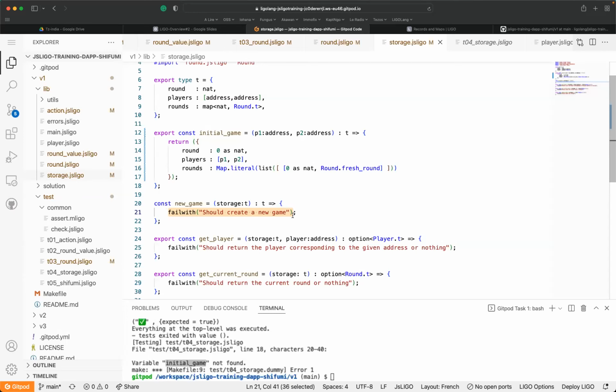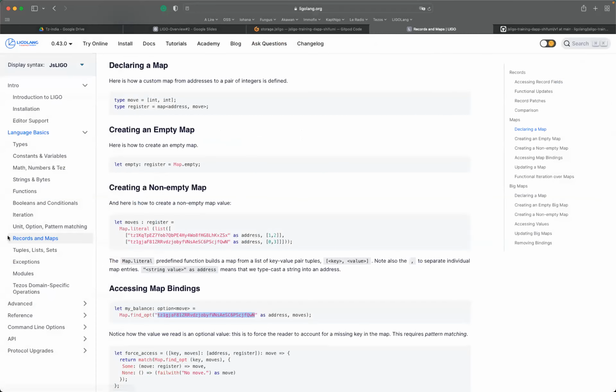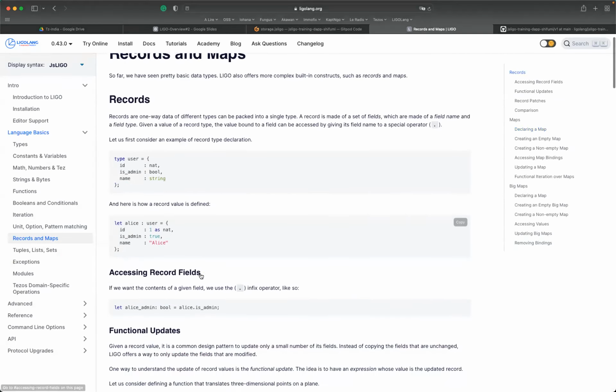So just a simple function which recreates the record, proposes a new record with a new storage, modifying the round and the rounds. This is also a recap to see how to rewrite the records easily, thanks to the basic construction. Once again, we can go through the documentation, the records and maps, this one.